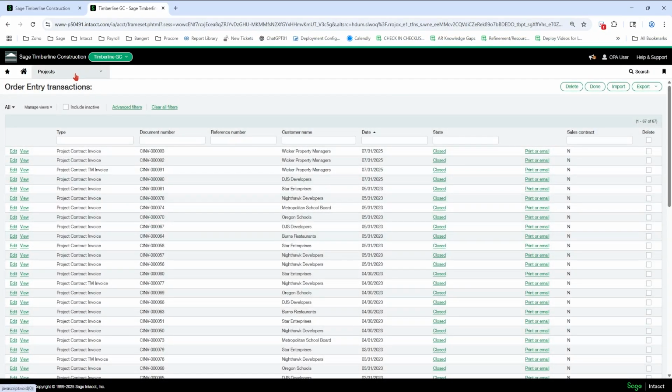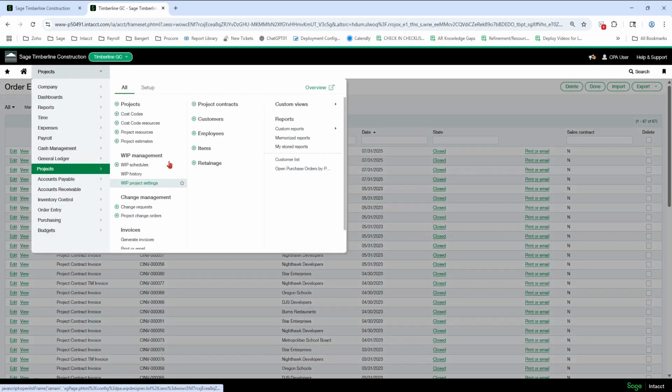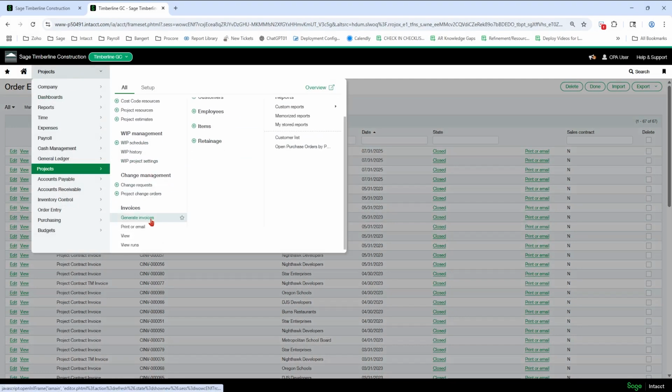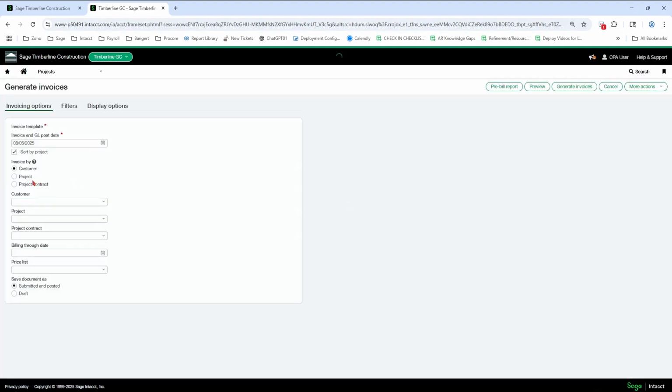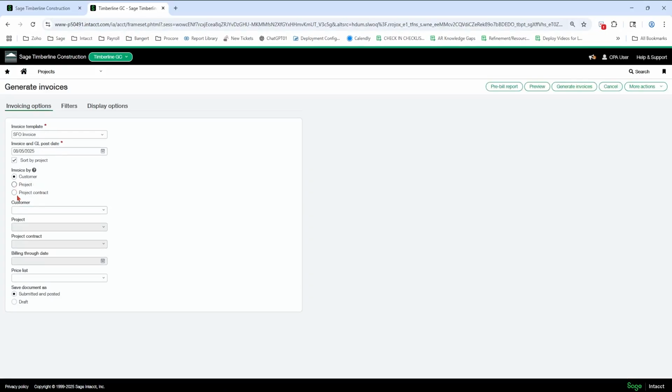Okay, a couple other things I want to point out that you're going to want to know is on the generate invoice screen, when you're using the time and material summarized scenario, the AIA is going to pre-fill in for you. Get that screen back up.